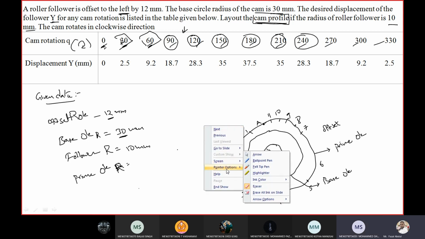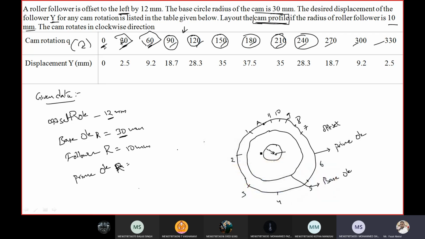Sir, from which point should we take the next degree? Like now we are drawing 180, sir. Should we keep the protractor on 150, then take 180, or from the 0 point? No, from the 0 point. If you start from each point, that angle is not sufficient here. For each point, 0 is the A1.